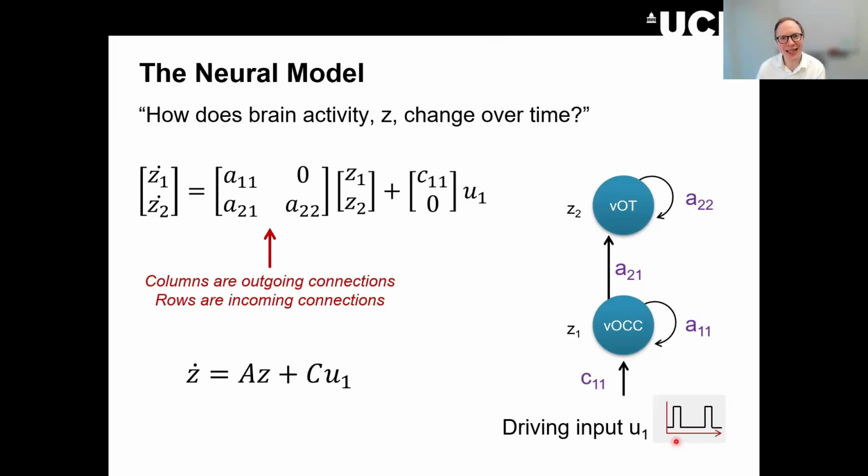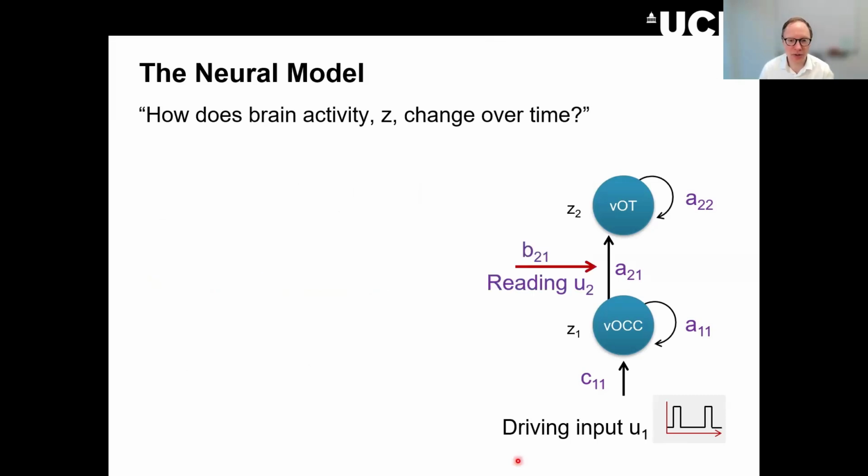It's possible that we want to capture that this connection, or any of the other connections, might get stronger or weaker during our experiment. For example, if you're in the naming condition versus the reading condition. For that, we just need to slightly append the model. So let's say we've got the input here coming in for reading. Coming into this connection, we say it's modulating this connection, in other words, making it stronger or weaker. That's what we hypothesize: that reading, for example, might strengthen this